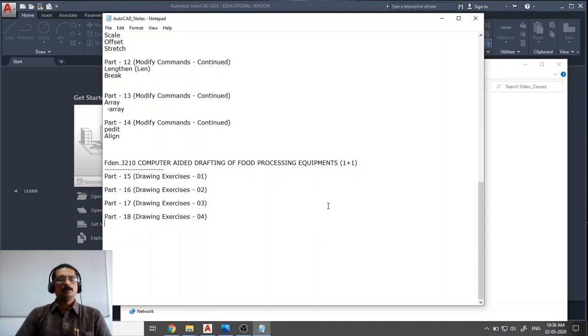As discussed earlier, we'll be seeing 5 different drawings, out of which 4 have already been covered. So this will be the last in this series, and maybe if time permits, I will upload a couple of other drawings also. Fine. So today, unlike the other drawings we have seen, we'll be taking an isometric view of a solid model, and then we will be preparing the orthographic views of